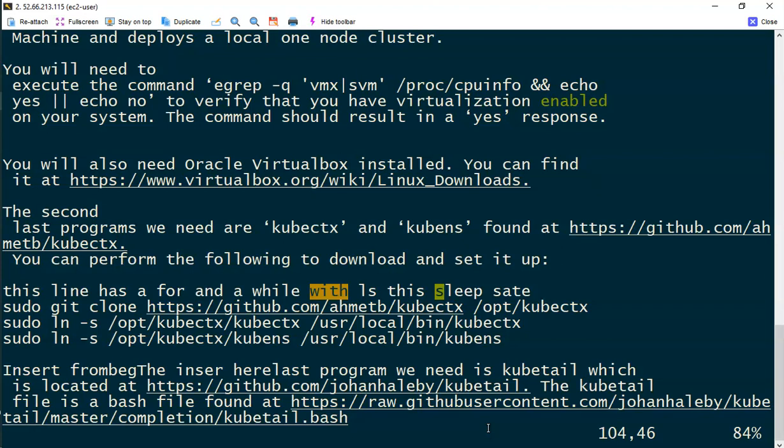So L, what is L? Next is L. L is basically go one character next, and Shift L will come to the last line of the current screen, and Control L will show you the current position. Will clear the screen. Let's say, for example, I talked about Control G. Control G will show the status or the current information about the file, and Control L will clear it.